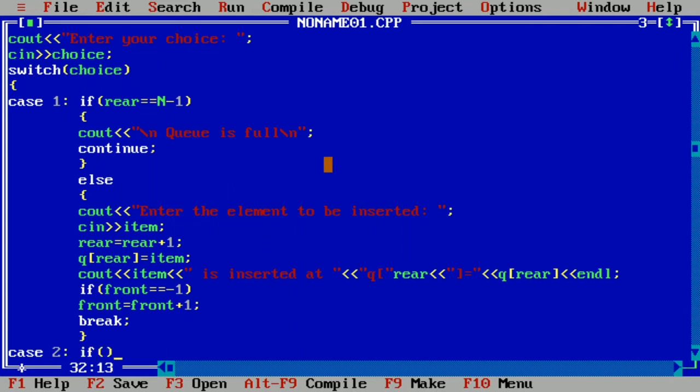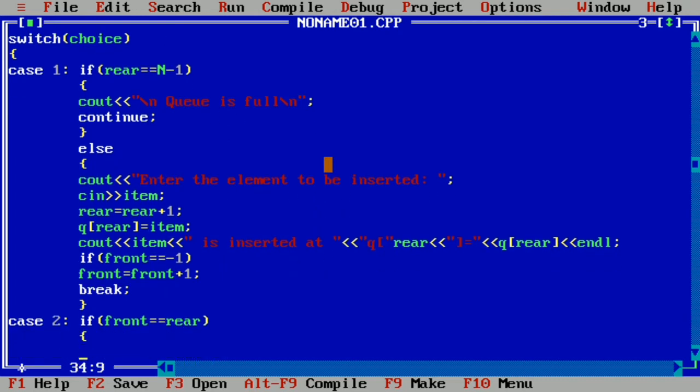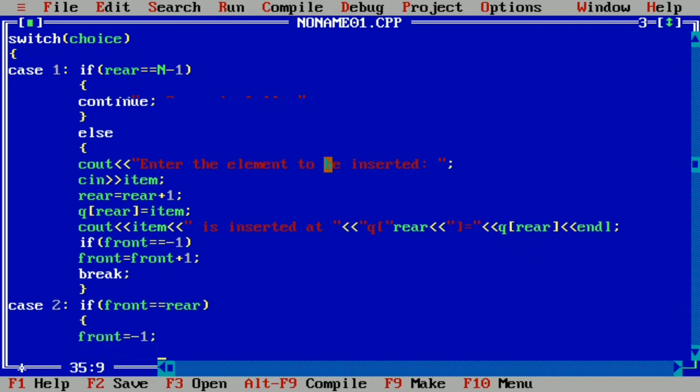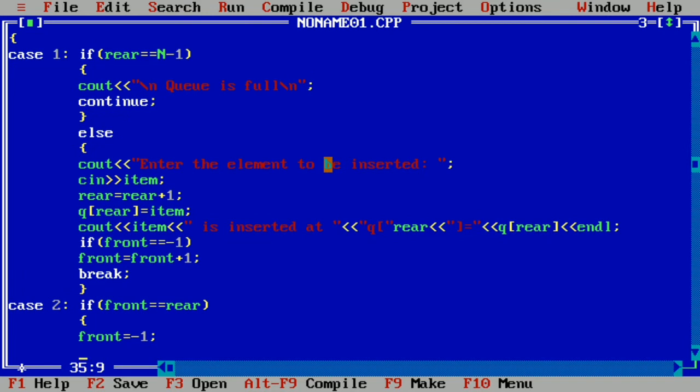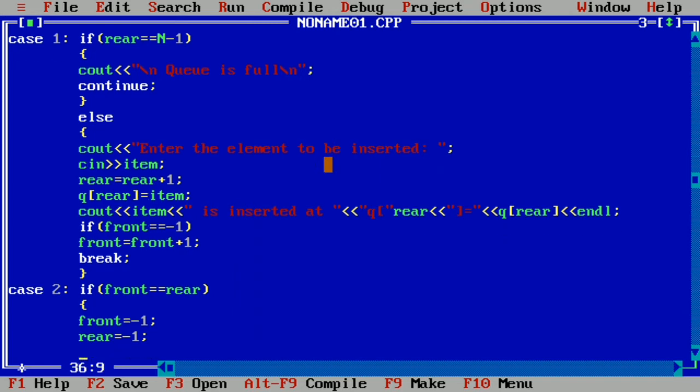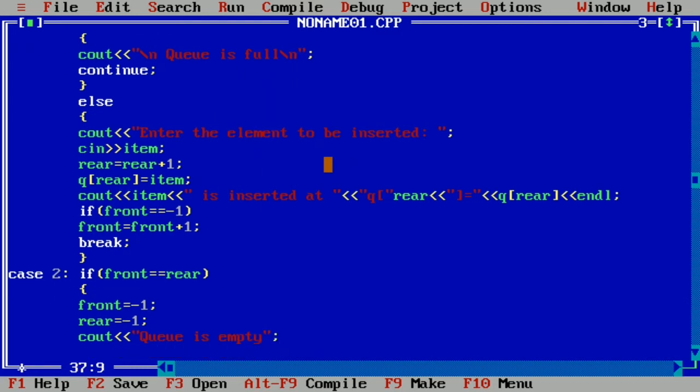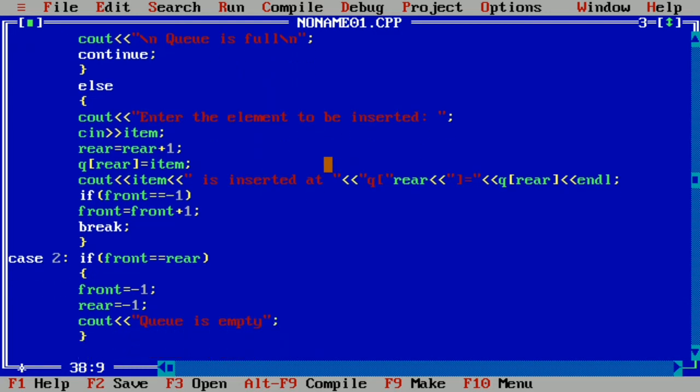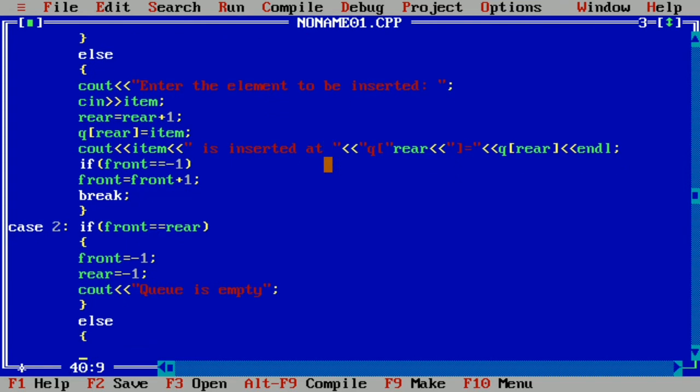Here we will write an if condition, front is equal to rear, then curly open brace, front is equal to -1. You can refer to the algorithm here. Next rear is equal to -1. Now we'll write cout, queue is empty, and put curly closing brace and then the else part, curly open brace.